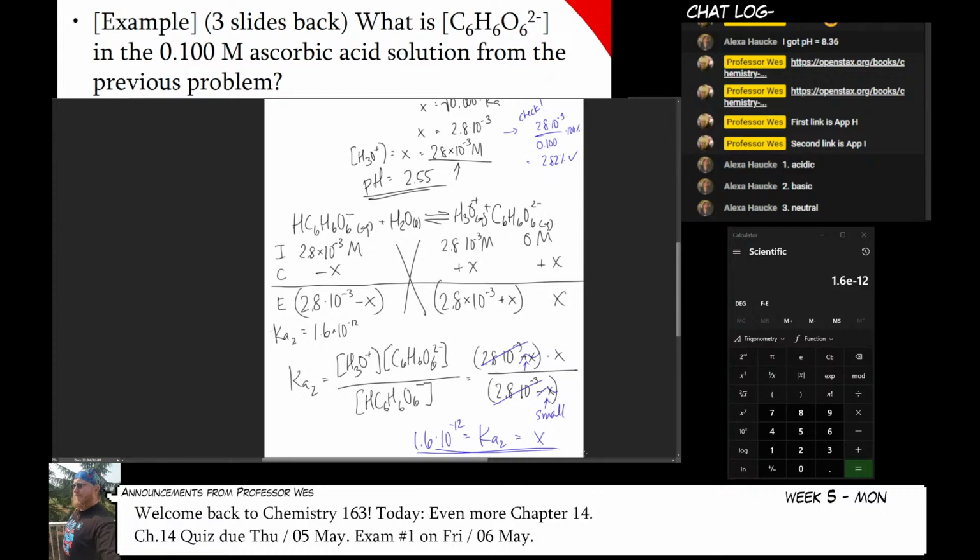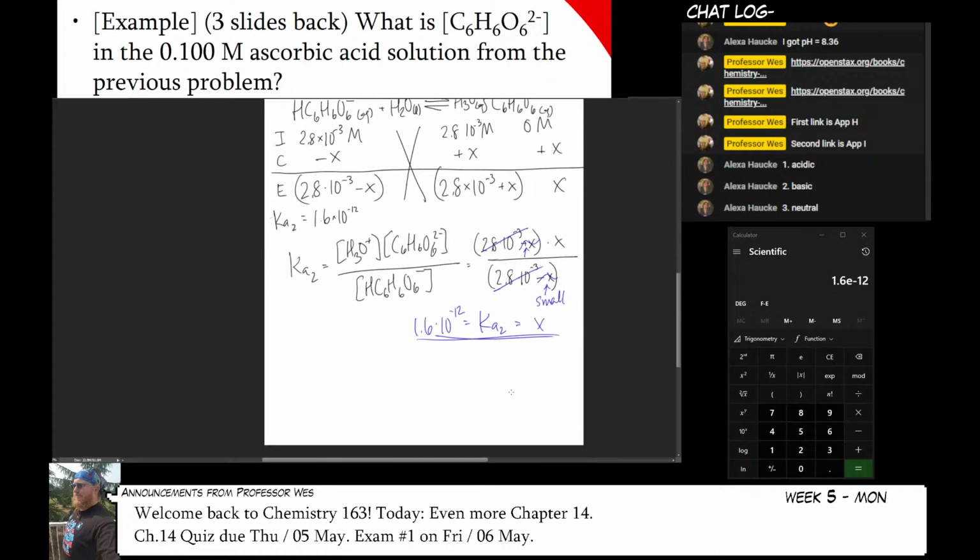That is really small, isn't it? 2.8 times 10 to the minus 3 minus this number is not going to be any different than 2.8 times 10 to the minus 3. So that means that the amount of this ion in solution would be that,